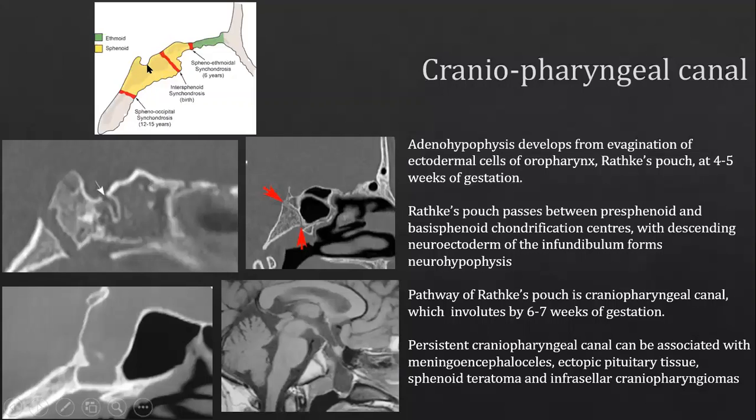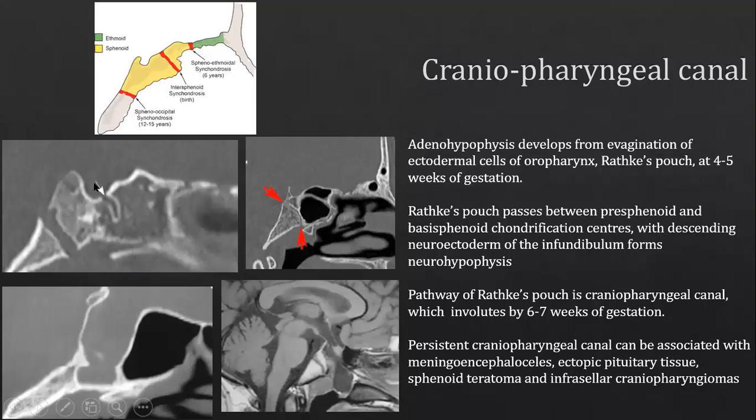The one thing we have not talked about, but we have spent a great amount of time on when we talked about the anatomy and the development of the pituitary gland, is the craniopharyngeal canal. And the craniopharyngeal canal is really linked to the development of the pituitary gland. Just a quick recap of the pituitary development. This is not the craniopharyngeal canal. This is the spheno-occipital synchondrosis, which is this structure over here. The craniopharyngeal canal is here, along the floor of the sella turcica, and it reminds us that